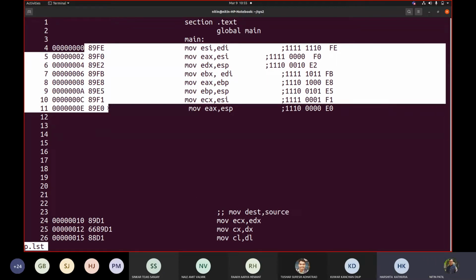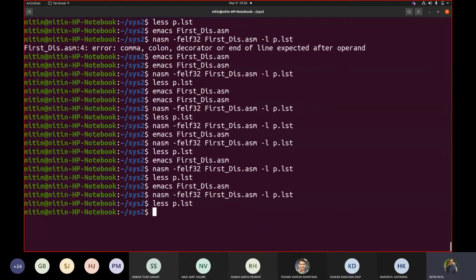In this case, whenever there is register to register, mod would always be 1 1. Now see, we haven't really talked about other formats. We are only talking about register to register right now. Have I taken any other part of the instruction right now? No, because if you recall the code that I wrote that day, like if you see